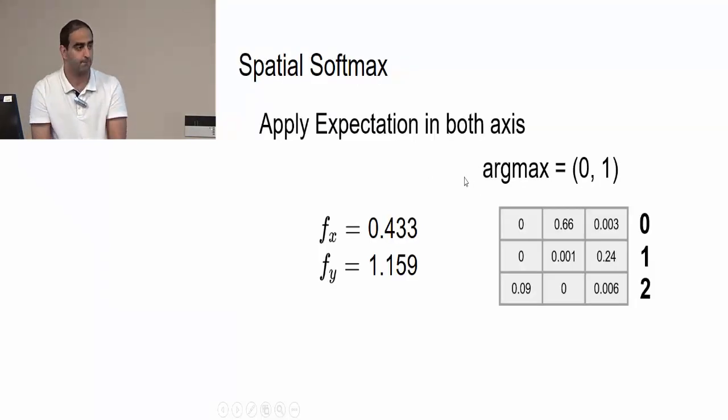So the main thing is that for every channel they want to find the x, y coordinates of the location where it's maximum. That's a feature representation of each channel, and somehow those are important for the rest of the network. And since argmax is non-differentiable, you have to go through all those things.